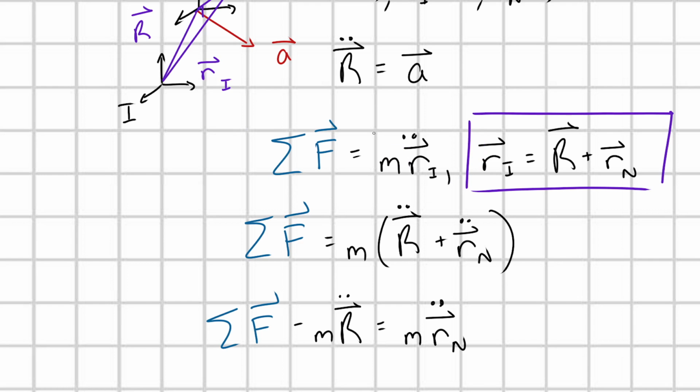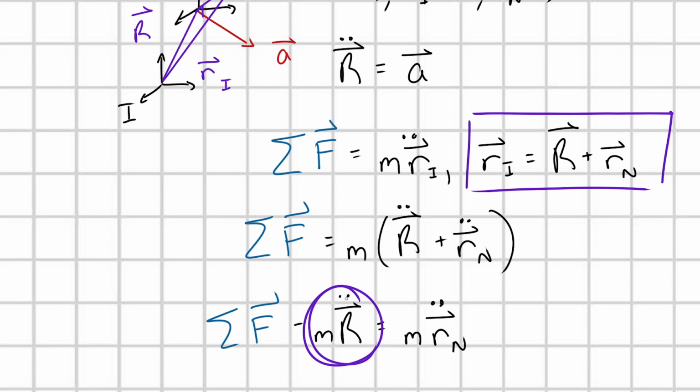And then just like that, by using the step in purple, we've gone in and transferred this over to the N frame. Now we're saying, all right, what are the dynamics from the perspective of N? And they look almost like Newton's second law, but now there's this extra term here. And so our perspectives in I and N are going to differ based on the relative motion between the two